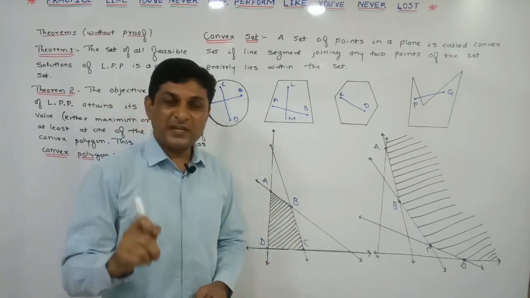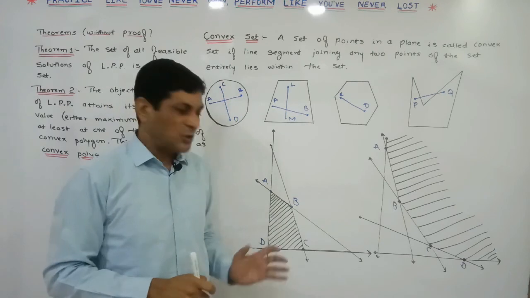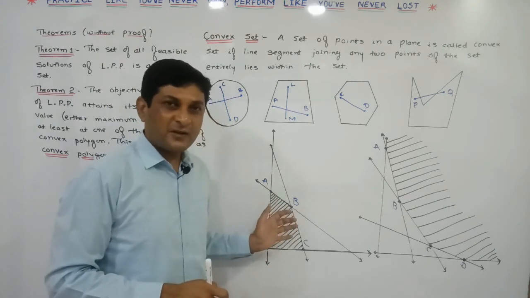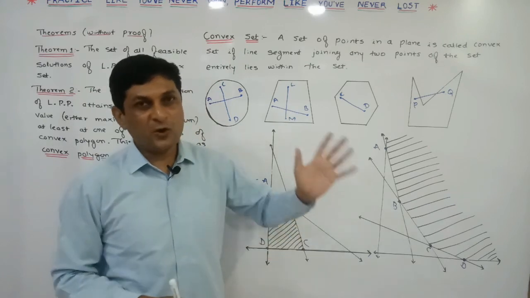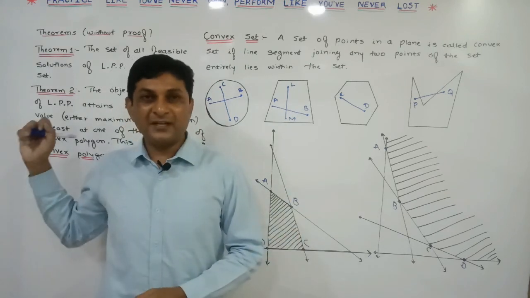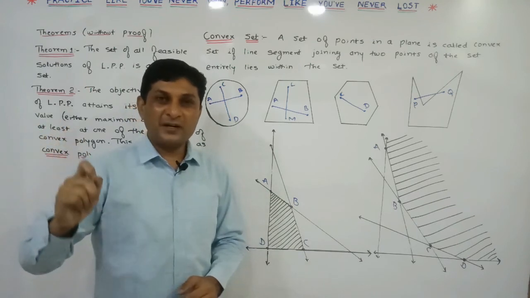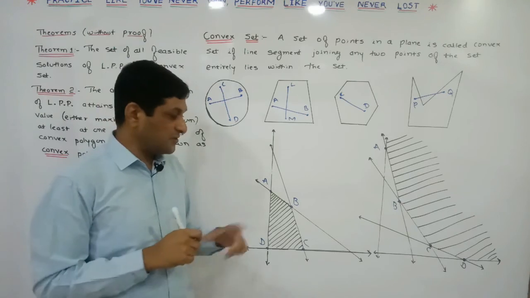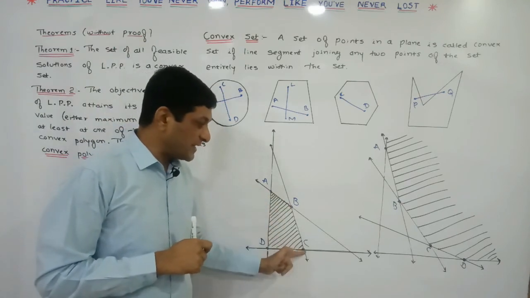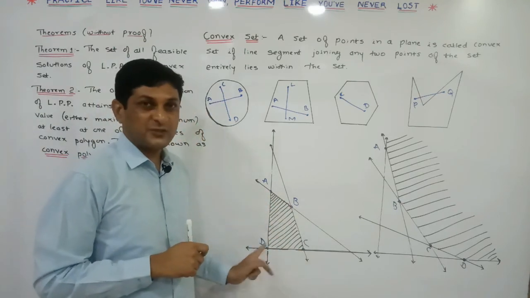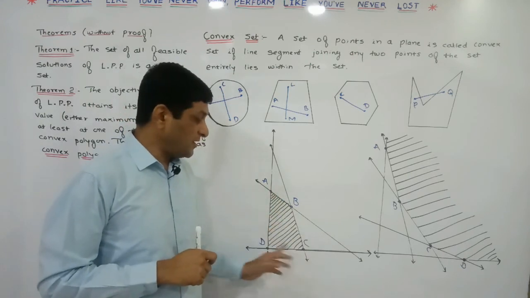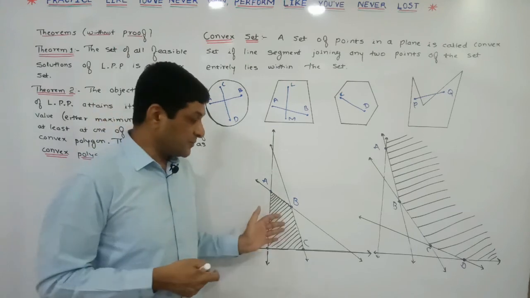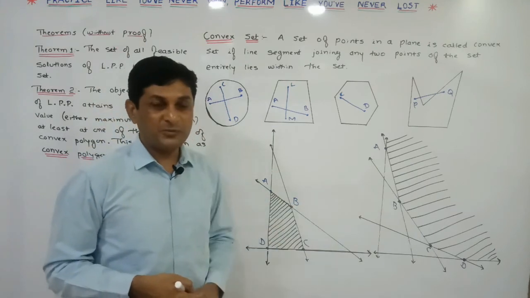And our convex polygon theorem says that it is not necessary to substitute the coordinates of all the infinite points in the objective function, because this theorem says that the optimum value, meaning maximum value or minimum value of the objective function, lies at what? Vertices of this convex polygon. Vertices means what? Corner points of this convex polygon. Is it clear? It is not possible to substitute the coordinates of infinite points in the objective function.